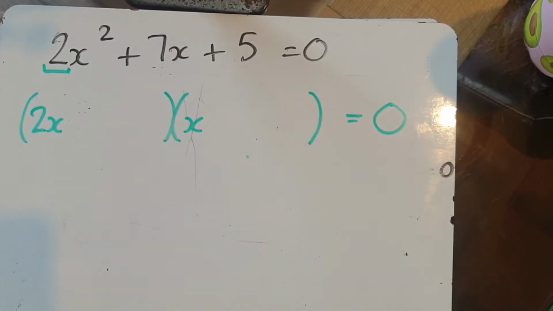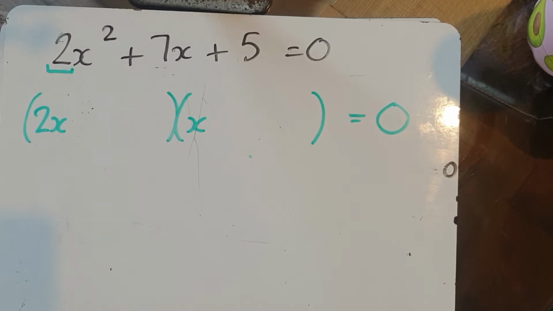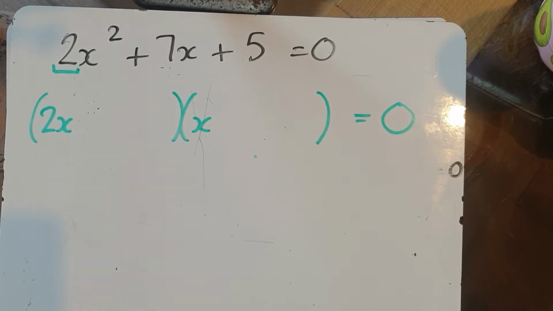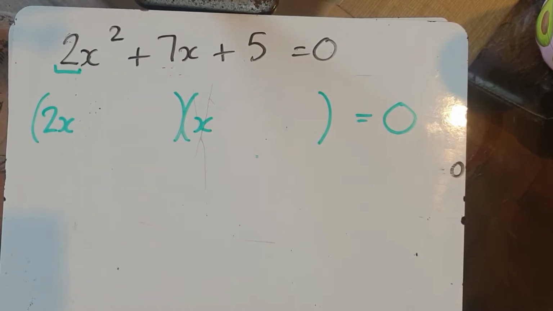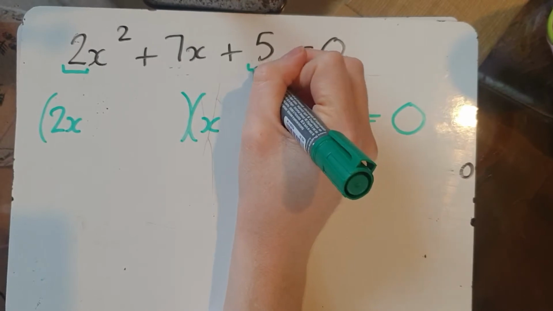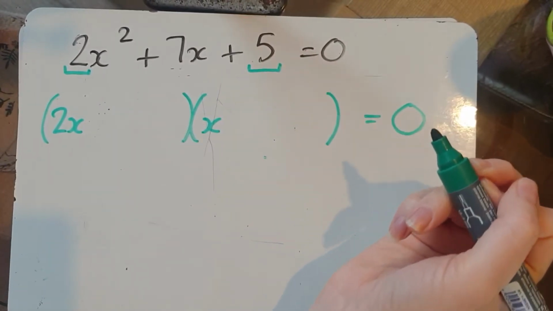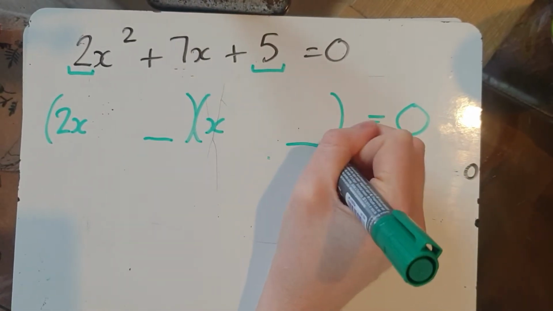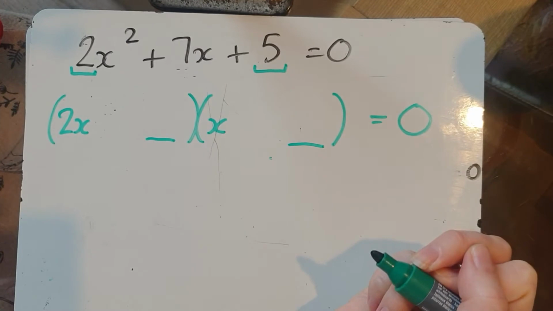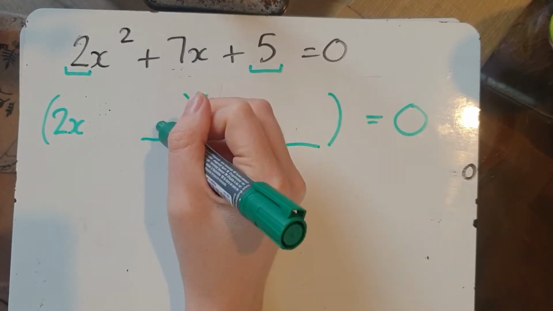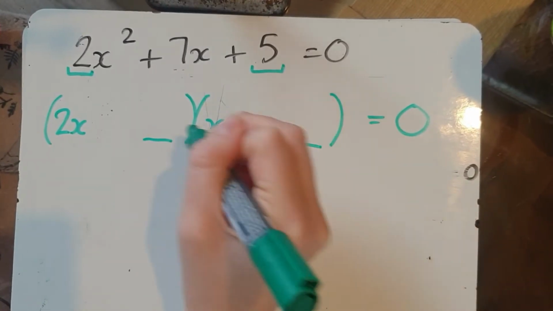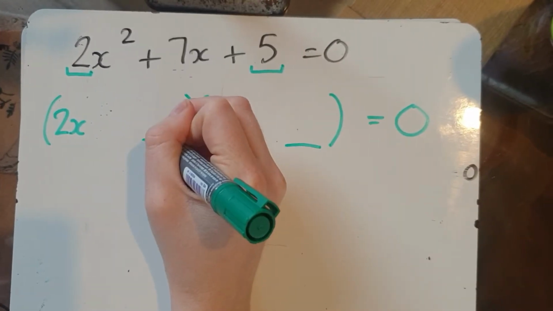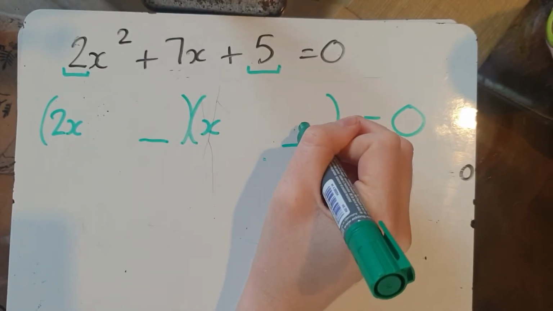Now from there, we can either use quite a long method, which is what I'm going to do in the next example, or we can use some logic to help us with this one as well. The constant term here is 5, which is also a prime number. So we know that the number terms in here need to be 5 and 1. So the only question is, does 1 go here and 5 goes here, or does 5 go here and 1 goes here? If I put 1 here and 5 here, I would end up with 10,